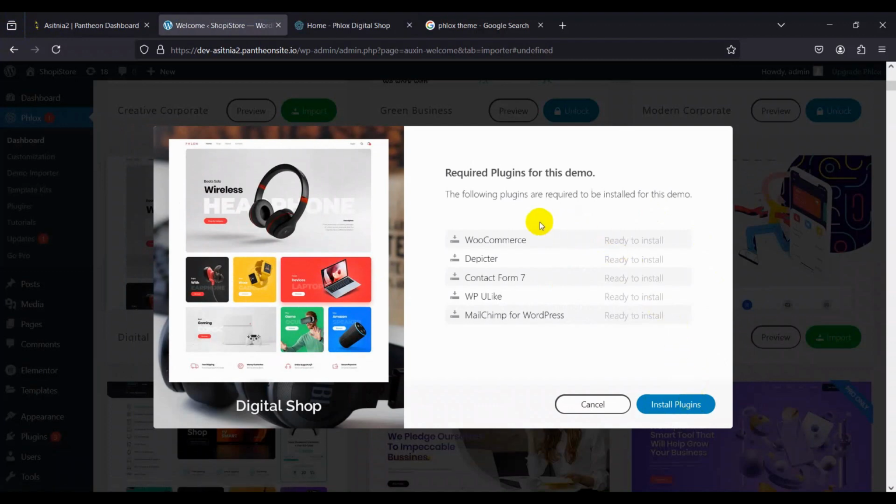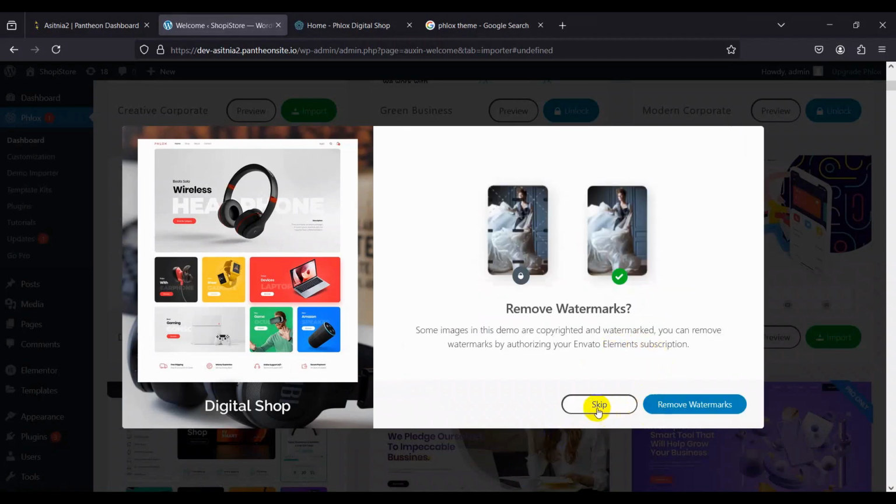Now we have some plugins recommended by the theme, in which WooCommerce is included, Elementor is included, Contact Form 7, WP YouLike, and MailChimp for WordPress. So just click on install plugin. It will automatically install all the plugins which are recommended by the theme. It will take some time. Now just click on the skip button, as we are using the free theme,